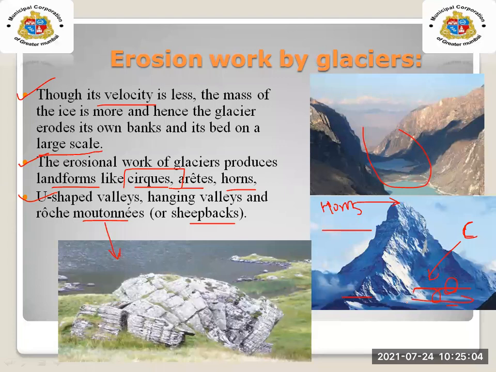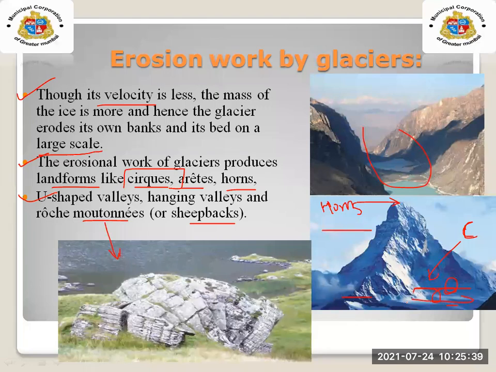This flow is the starting point of the glaciers. Means when the flow will start, that we can say the erosion work of glaciers has started. Ice on the slope also starts moving. When the glaciers flow, that time we can say the ice will also move down towards the slope.